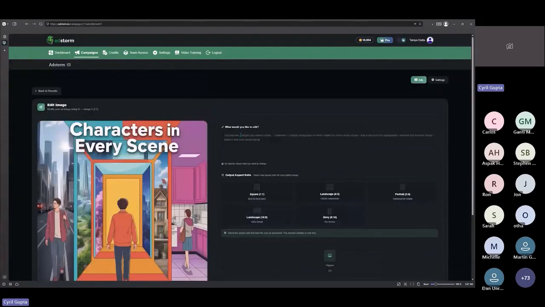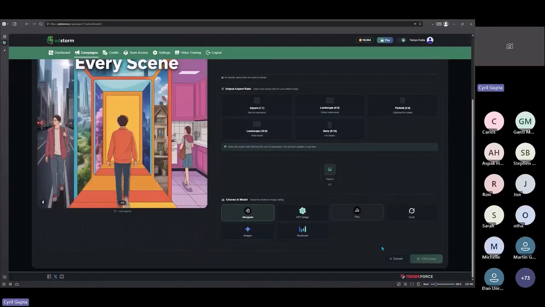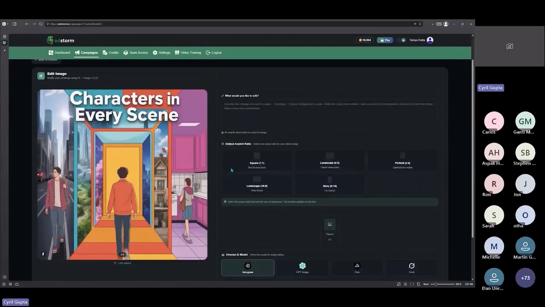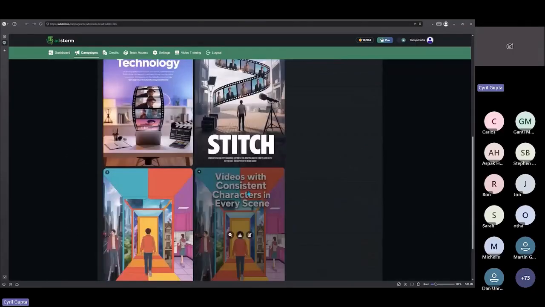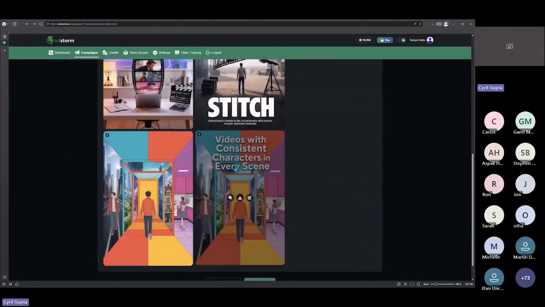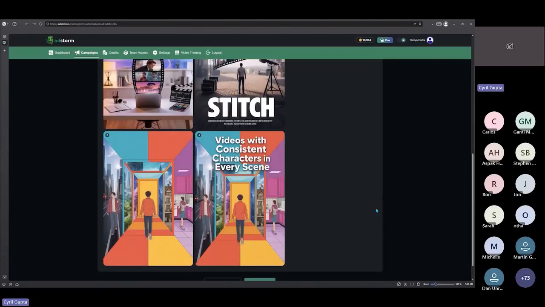And here is a modified image. I put in a modification in the headline. If you want to make further changes, you can. If you're satisfied, you can go for it. And when you go back to the results, you will see the videos with consistent characters in every scene. It's there now. When you go back to the results, you can see that the image is already modified. So this is how easy it is to change your ads, right? The AI does it for you. It does it for you beautifully. You don't need to make any kind of manual effort.